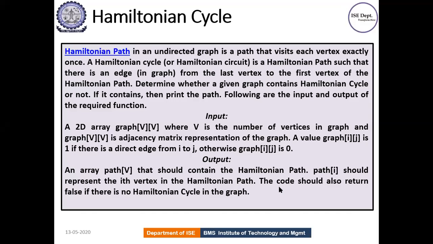So you should have a starting vertex. Any vertex can be considered as the starting vertex. From there you should visit each and every vertex. The condition over here is that all the remaining vertices should be visited only once, and you need to go back to the starting point. Fine. So you can get a question now saying that, okay, Hamiltonian path, fine,